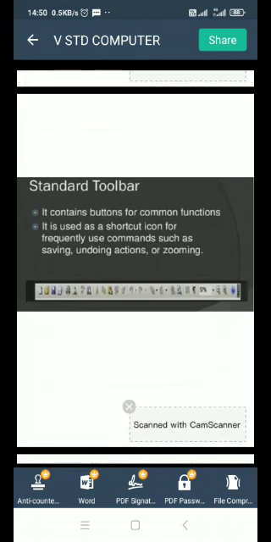I tell one by one. I explain four toolbars. First I tell you standard toolbar. We see the pictures. Standard toolbar. It contains buttons for common functions. It is used as a shortcut icon for frequently used commands such as saving, undoing actions or zooming.